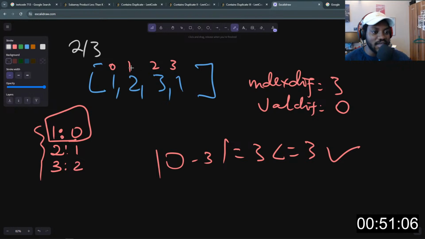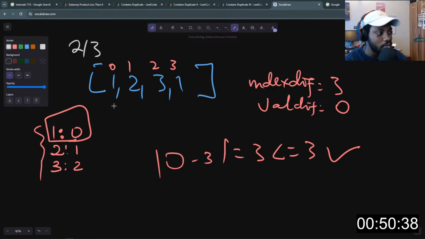We know how to get the distinct items, such that we know where the duplicate happened and how to avoid the duplicate. Now, the next thing we need to do is to find out if the difference of those two values is equal to 0. So I'll say nums at 1.